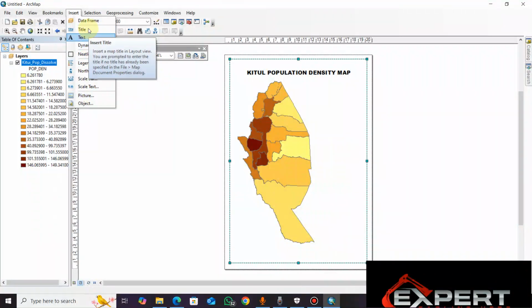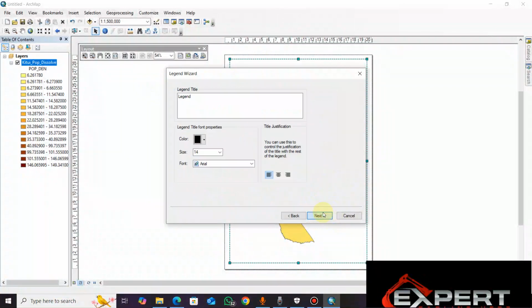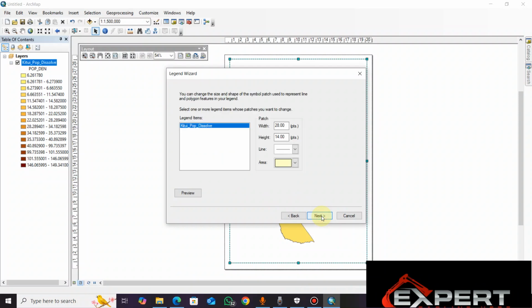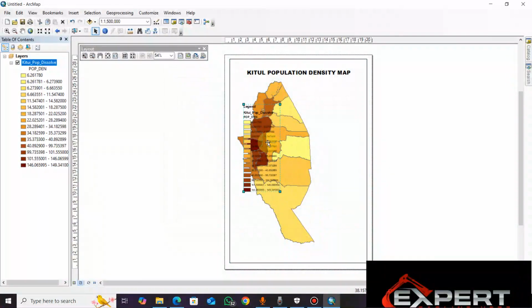What else? You already inserted the title, legend. The legend is just something that will show what the colors mean. So there are several adjustments you can make, but the default values are okay. So there we have our legend. Like I said, make sure